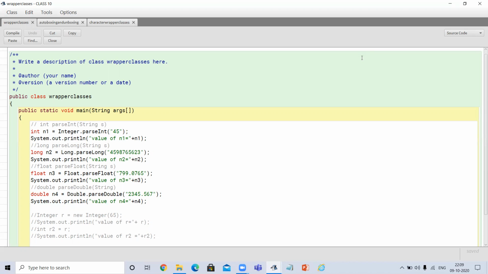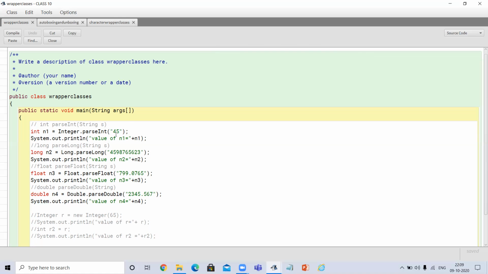So what is the use of this method? This method will convert a string to the specified numeric data type. XX can be integer, long, double, or float. Such a string value we can convert into a numeric value. You know that if we pass any argument within double quotes, it means it is a string.